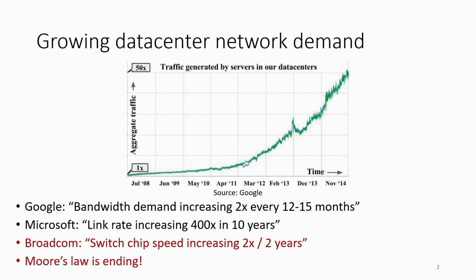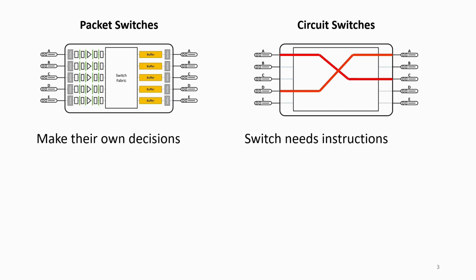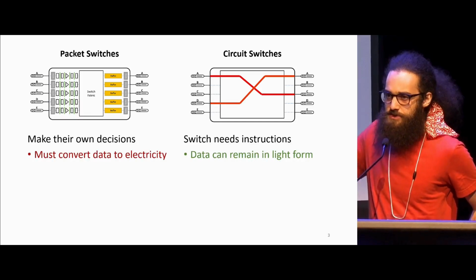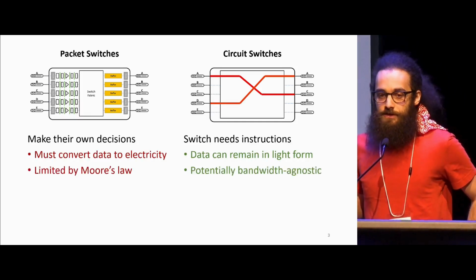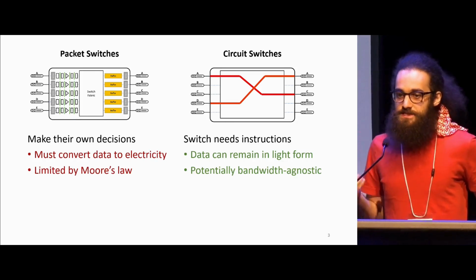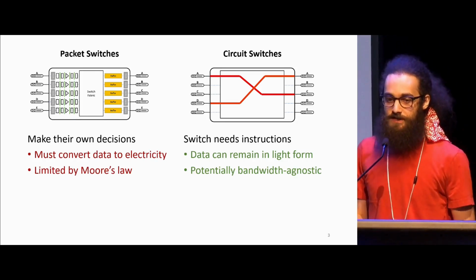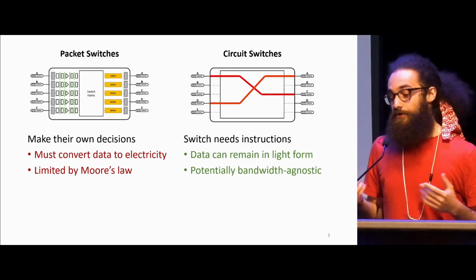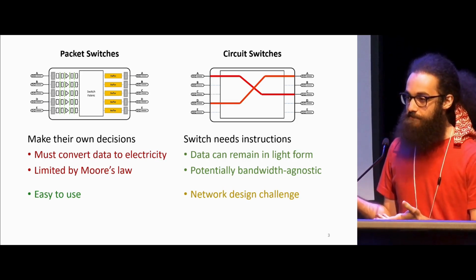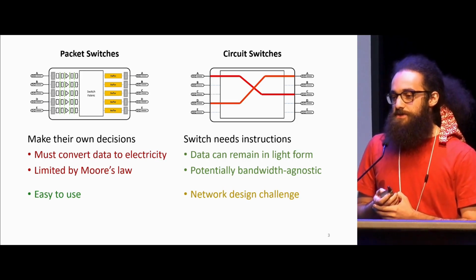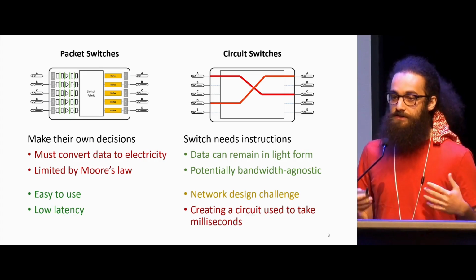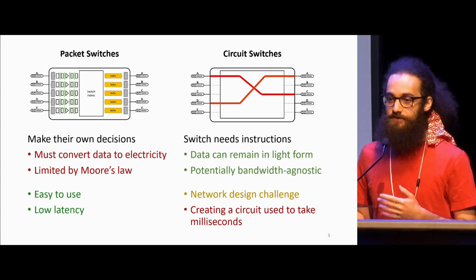So this motivates us to look at the alternate switching technology of circuit switches, and they have a number of benefits that you've heard throughout the session. First of all, when we're sending data in light form, it can remain in light form as it traverses a circuit switch, which is really nice. Additionally, not only are they not limited by Moore's law, but you can use the same switch in many cases even as you upgrade the surrounding network, so we're completely eliminating the switch as a barrier to scaling the network rates. But they are annoying to use because you have to instruct them which circuits to set up. And it used to be that circuit switches were really slow to reconfigure. This was a huge barrier to using them in data center networks because they were really inefficient for most of the traffic, which is often short flows.